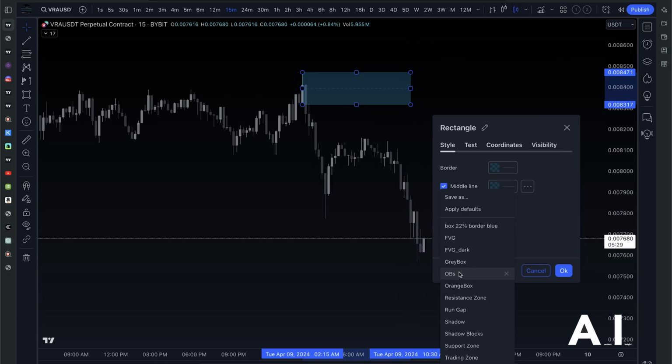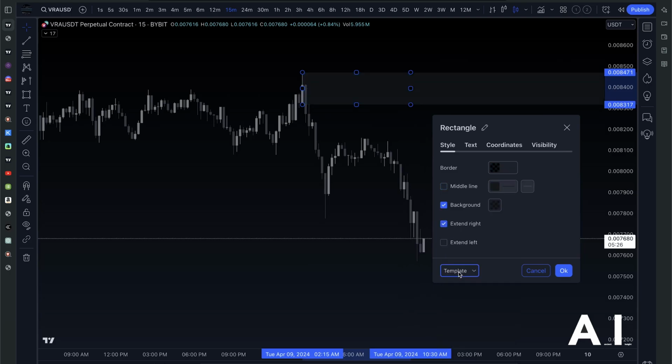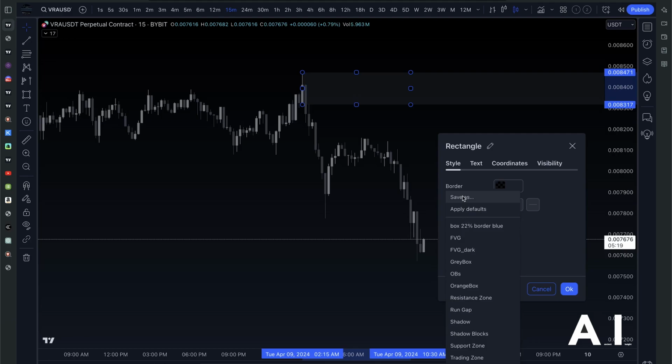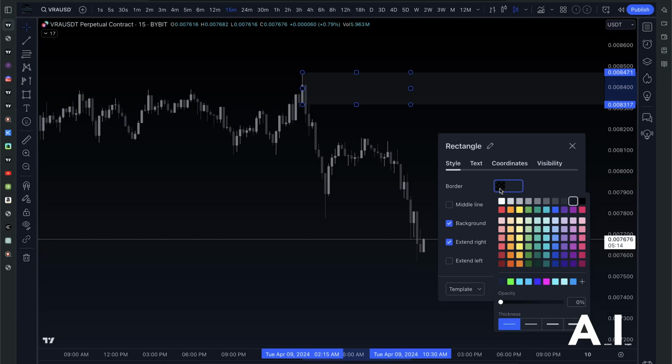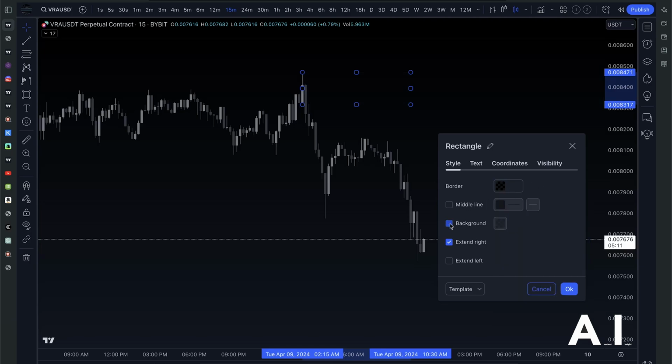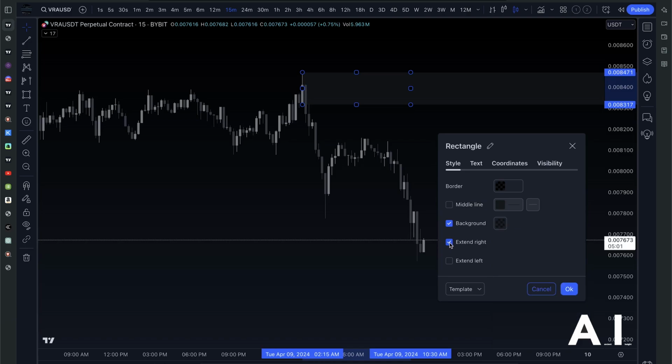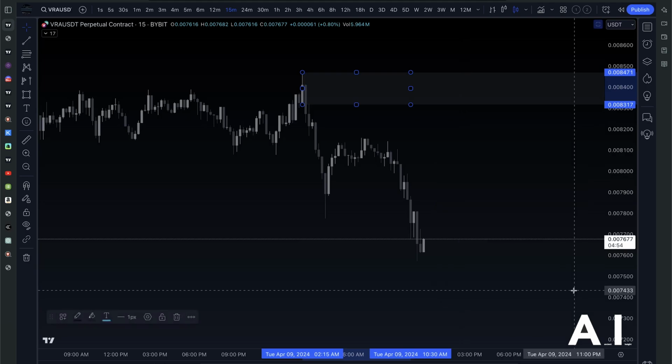Now, I'm going to go to my template order blocks. I'll show you real quick. You can save these as your own templates. Once you get your settings right, you can go down to template and click save as and then name it whatever you want. I have tons of them. Okay, border, I turn it off. Background, I have it on this charcoal candle above the purple at 35% opacity. And then I extend to the right. See that? So for me, with this setting, what I like